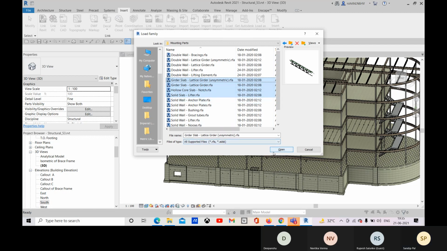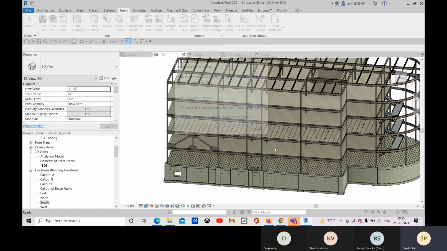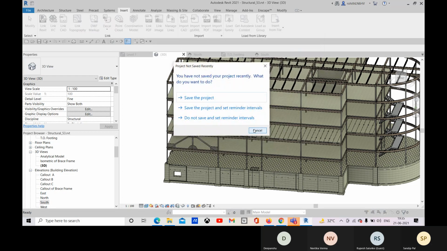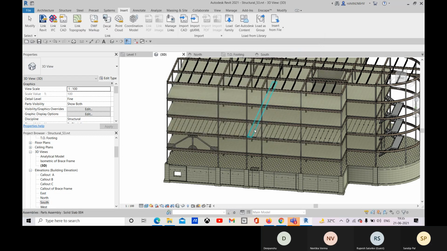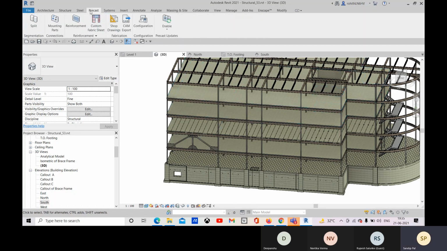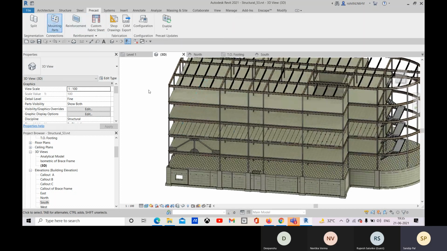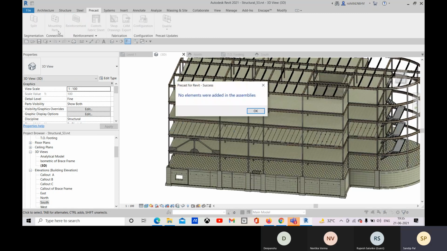Okay, and you can click on open. Let me go to the precast. I don't know if it will work right now. Should. Okay, yes, no elements were added in this assemblies.